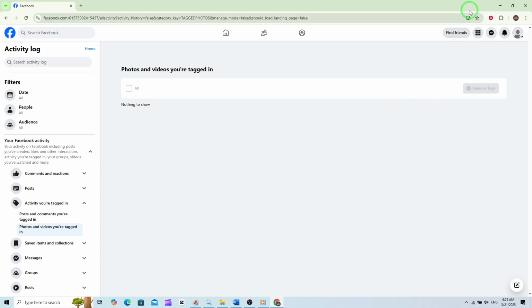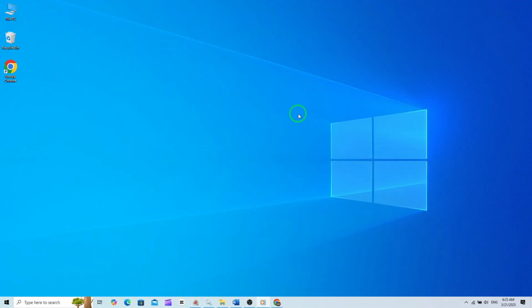This feature is useful for keeping track of your online presence and ensuring that you're comfortable with the content you're associated with. Remember, you can always review and manage these tags to control who sees them. By following these steps, you'll be able to easily find and manage all the photos and videos you're tagged in